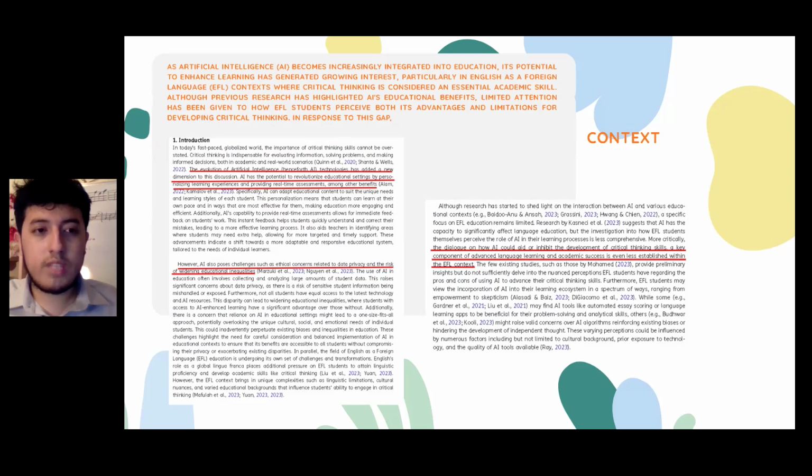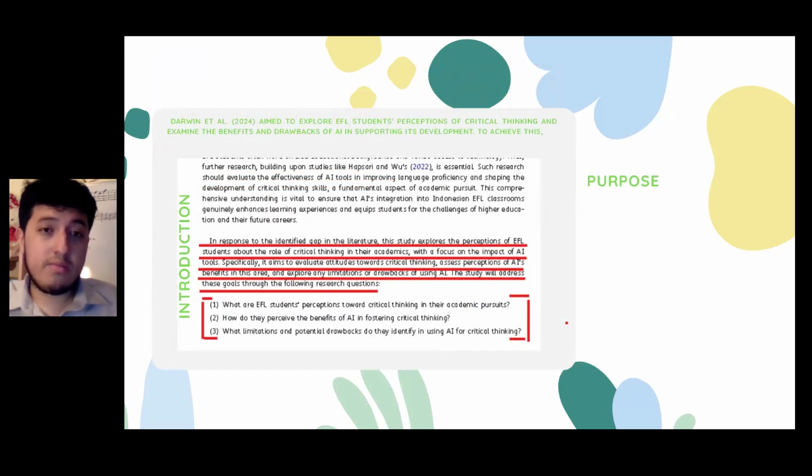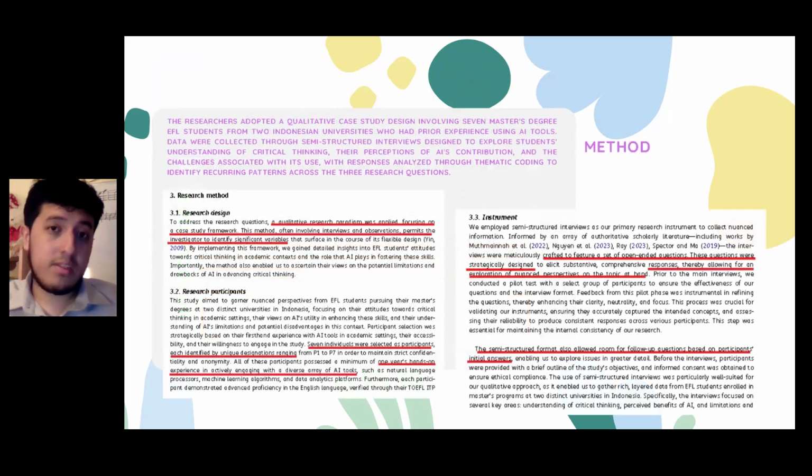we could take from different parts of the introduction. The purpose, in this case, in the last example, I chose from the abstract. In this case, also the last part of the introduction. The method was divided in three parts: the research design, the participants, and the instrument. All important in order to understand and summarize